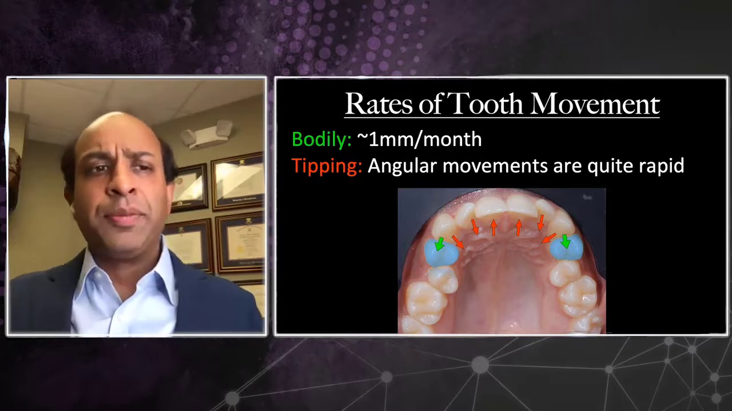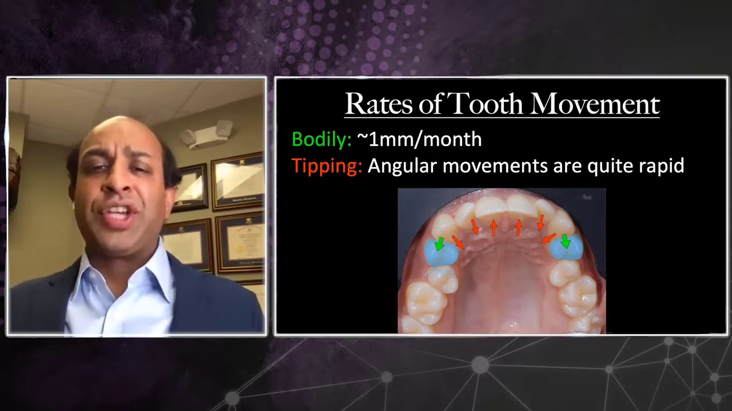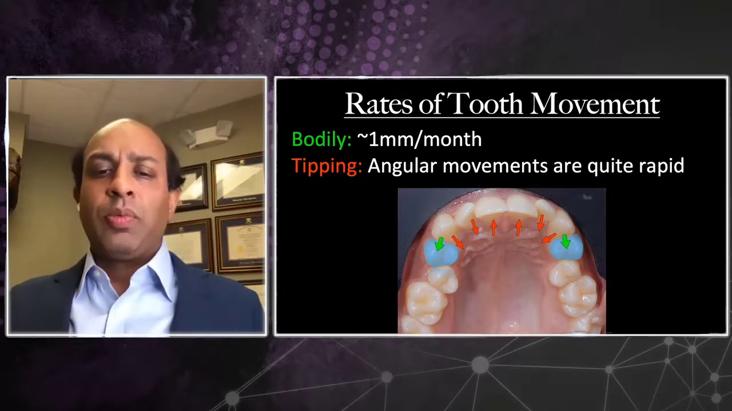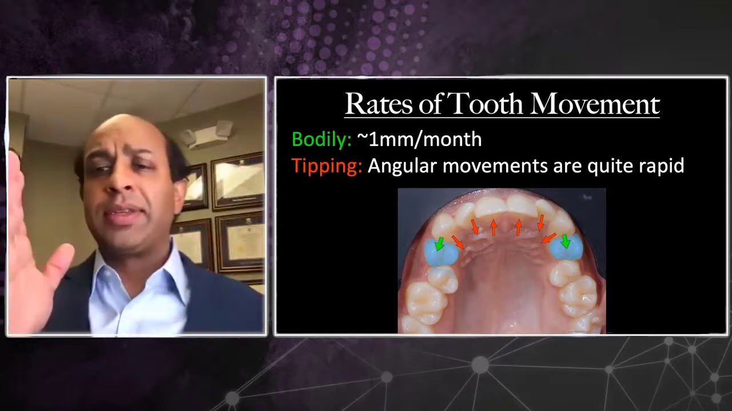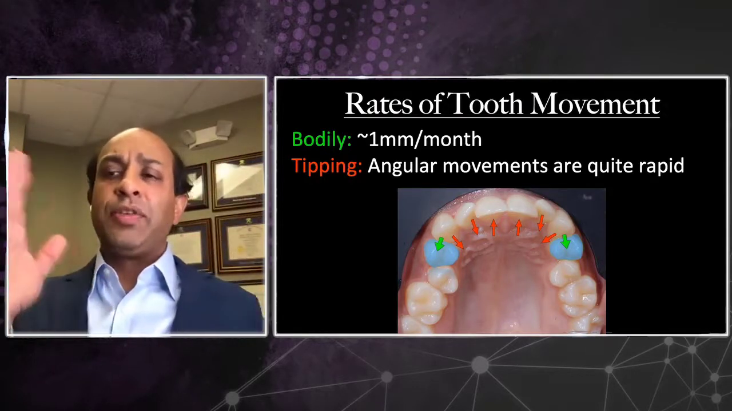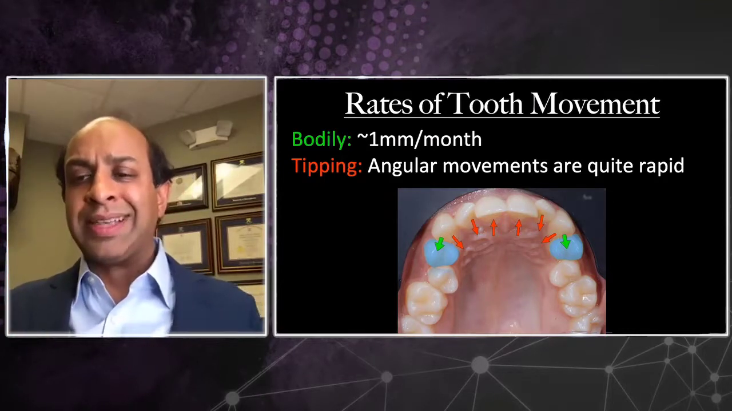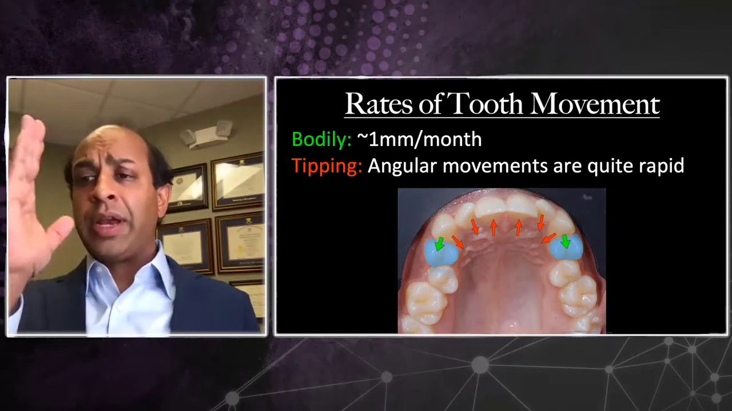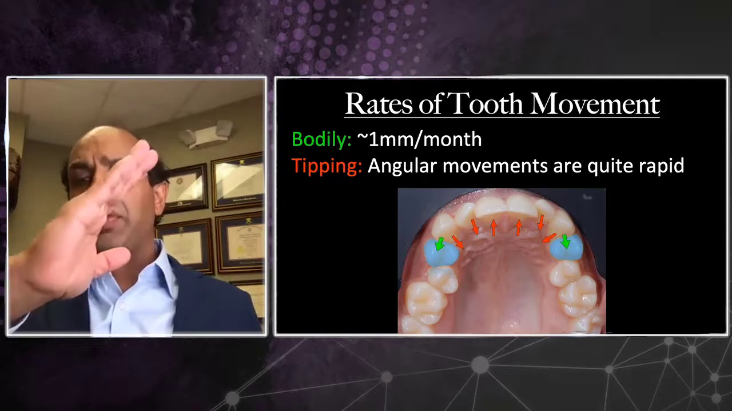So let's talk about tooth movement. Generally speaking, if you're trying to gauge how long your aligner therapy will take, what you want to look at is the difference, very simply, between bodily movement and tipping movement. Tipping movements happen very quickly. And while I can't provide an exact amount because it depends on whether the crown is tipping itself, the crown and the root are tipping, or you're actually just tipping the root,